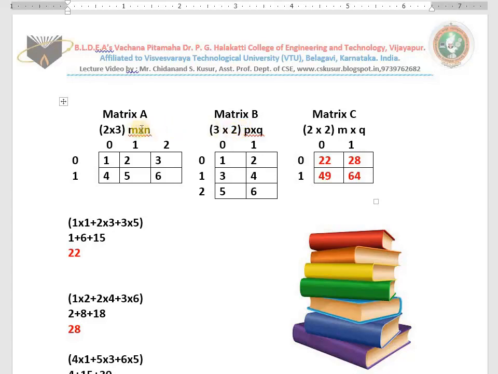Now it is possible. Now can you tell me the order of the resultant matrix? M by q. This is a very important logic, you need to remember to write the program. What will be the order of the resultant matrix? M by q. M by q means the rows of the first matrix and the column of the second matrix will be the order of the resultant matrix. I hope you understood. I come back to the program and I explain to you.